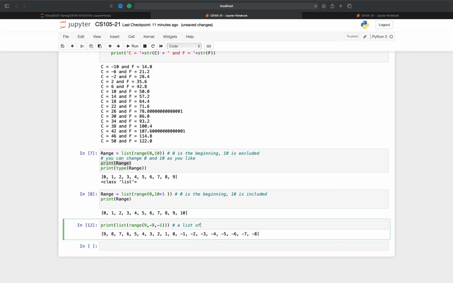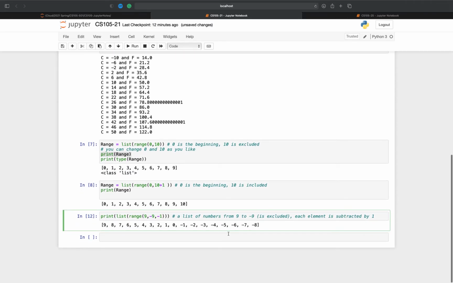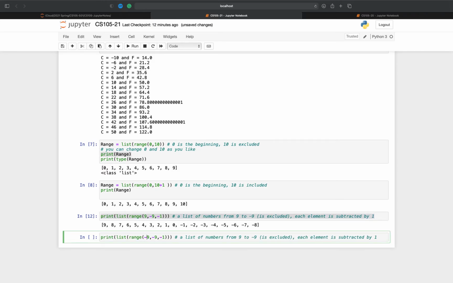A list of numbers from 9 to -9, subtracted by 1. -9 is excluded. Each element is subtracted by 1 because I have -1, right? And then look at this. If I start with -9 and then positive, and then